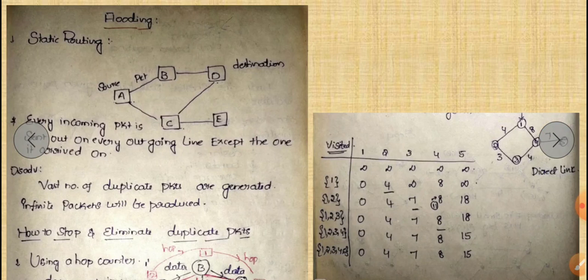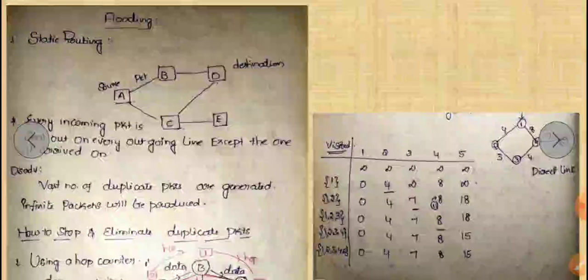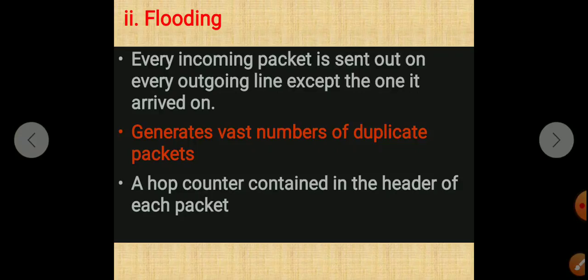B is an intermediate router, so I need to forward my information from A to B, an intermediate router. Via the intermediate router I can reach D, and also I can reach D via the C intermediate router. So when the destination receives two different packets with the same information, the duplicate is also going to be present. We have to avoid this duplication, right?